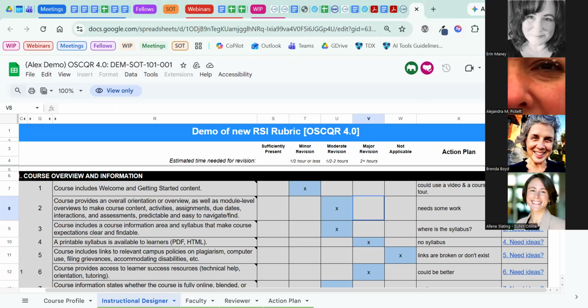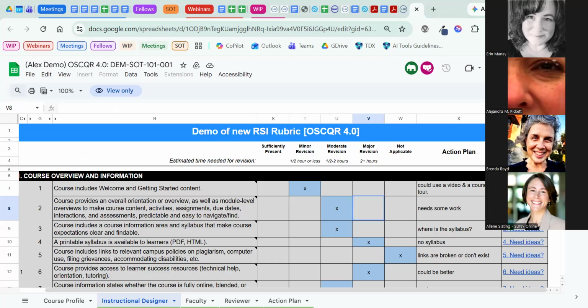If you have more time to improve a course, then you might also want to look at what would have the most impact and take some additional time, or if you need to develop some additional skills or get some additional support in order to address a particular standard, then you'd have more time to do that. And the tool is helping you to make those decisions, those assessments.